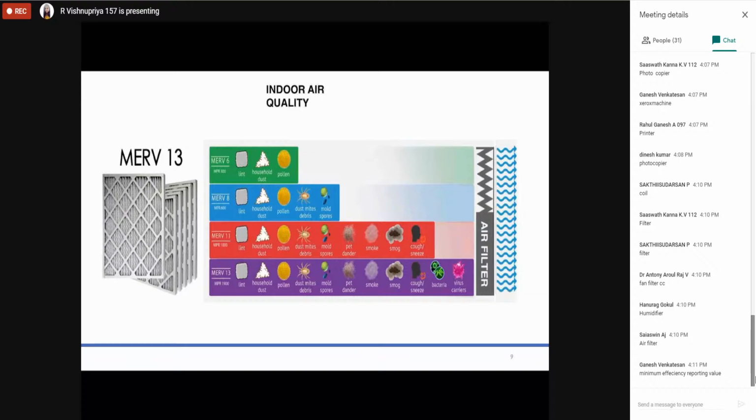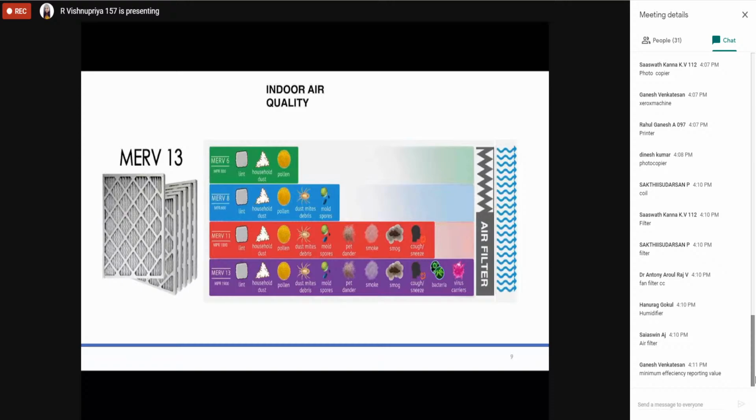So MERV 8 is the medium rated filter, and MERV 13 is a high rated filter; it's going to filter high, medium. Likewise, we have other filters called HEPA filter and ULPA filter. Those are very, very highly efficient, where it is not even going to allow certain dust, because these filters will be used in operation theaters, on the supply side. In an operation theater, the air being supplied has to be pure filtered air, because it has a very huge impact. So we have different filters: carbon filter, silicon filter. Likewise, we have huge varieties of filters available.